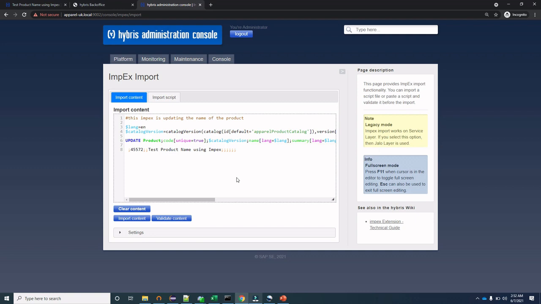Now we will see how we can export the values. In case of export, the data from the hybris system is copied into a CSV file.